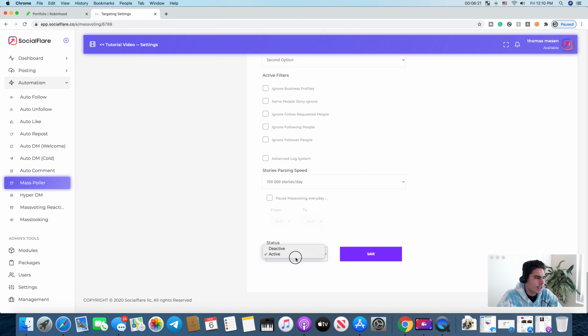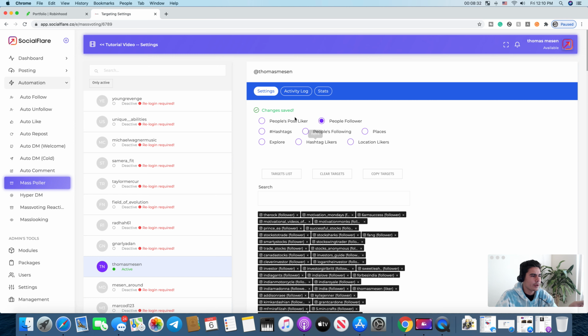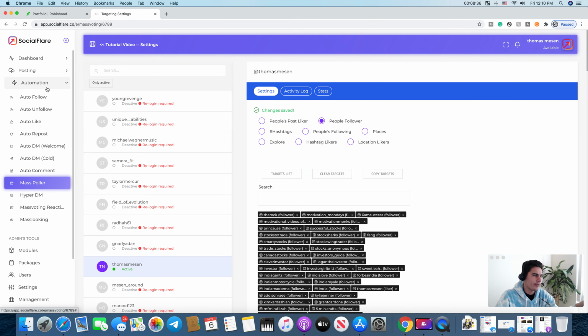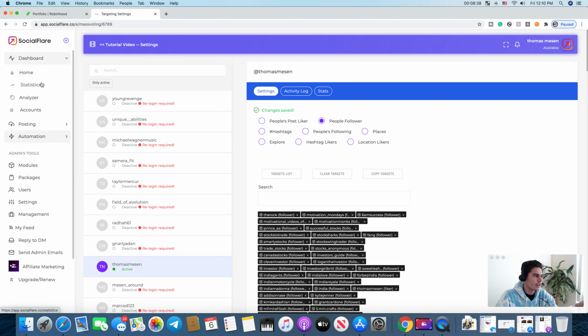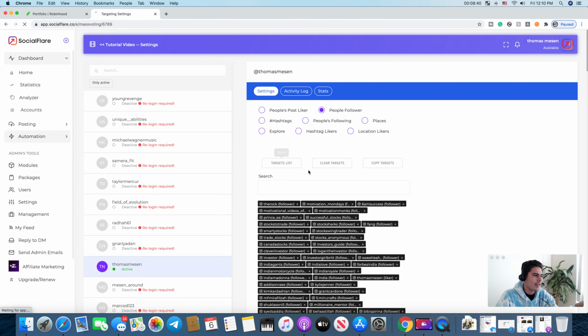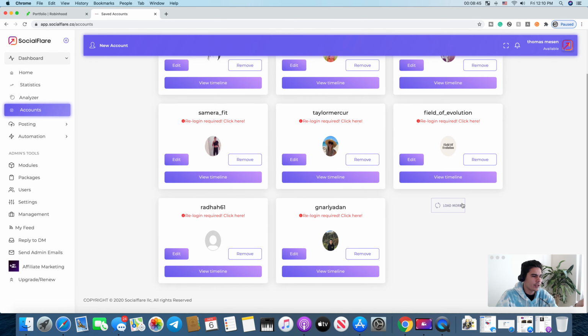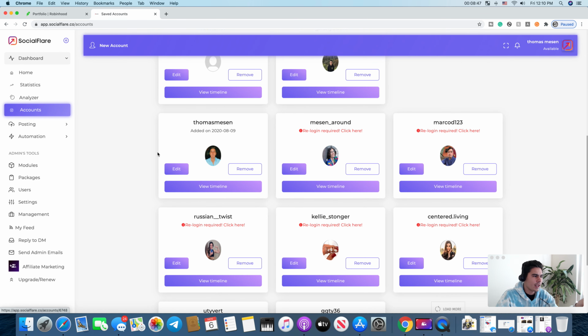If you're seeing zero action, hit deactivate, and then activate again, and that should restart things if you're not seeing any growth. If you're not seeing any growth at all, remove your account under accounts here, and then just re-add your account. Sometimes that works. So literally, you go to your account, remove it, and then just re-add it